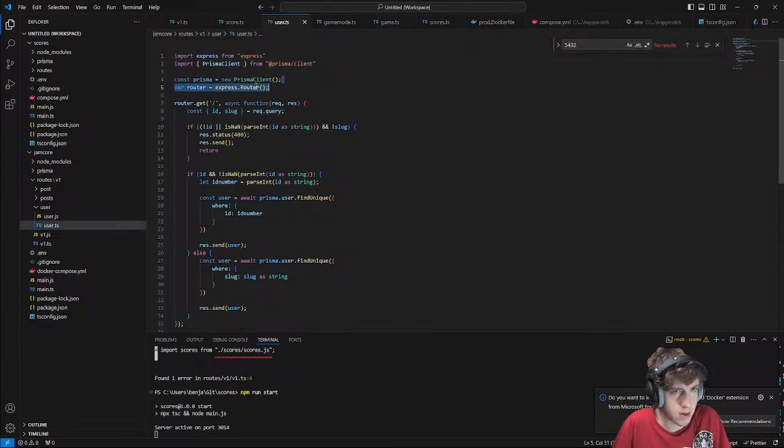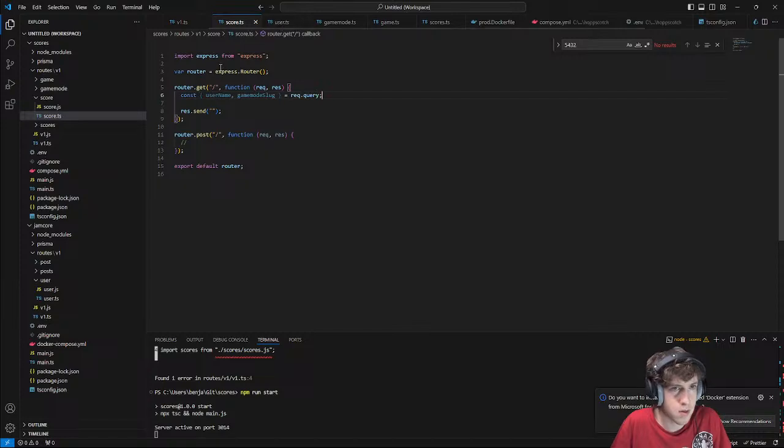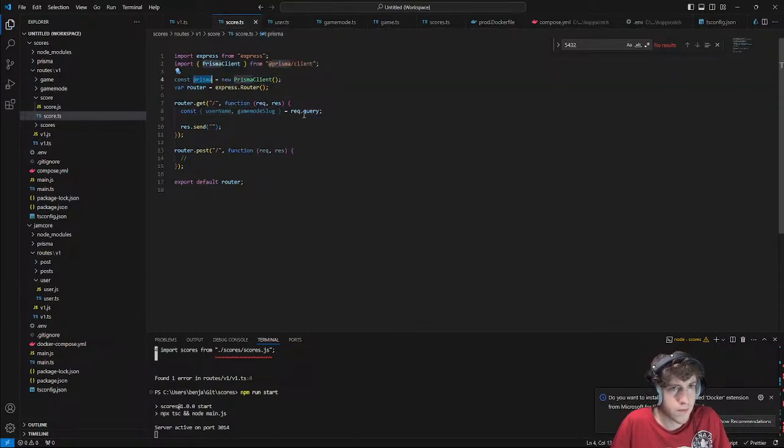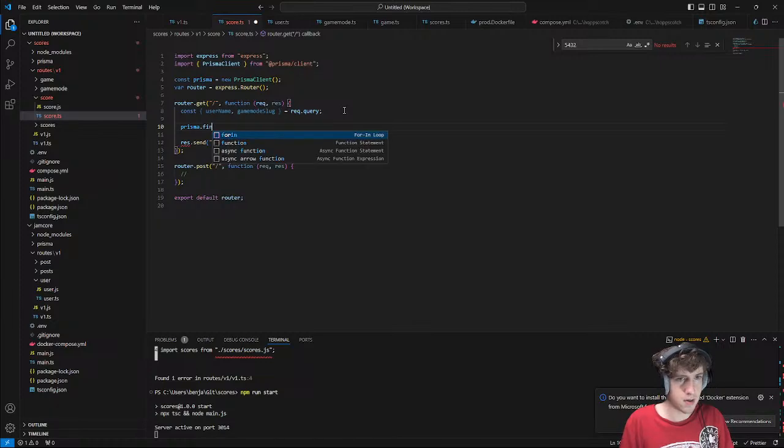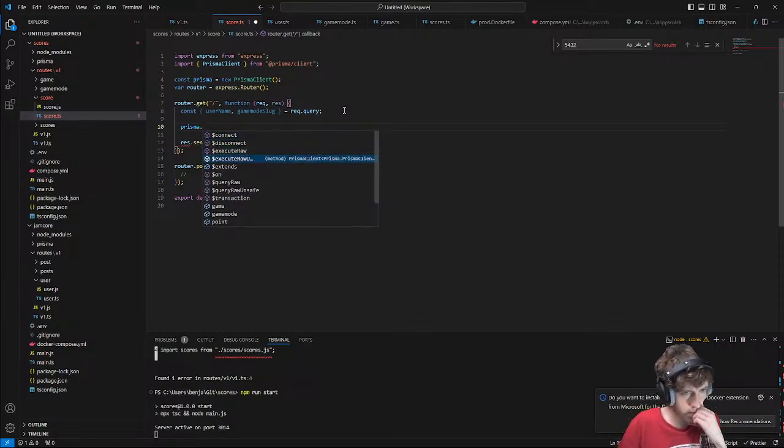Okay, I did new Prisma client. Prisma dot... and I want to get a score.